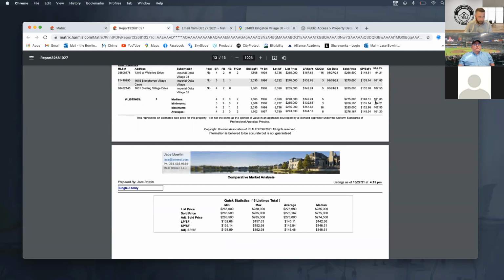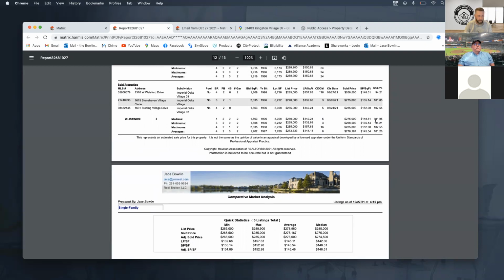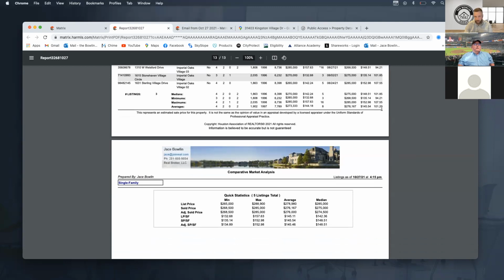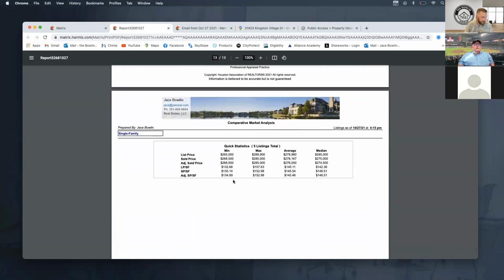Unless you're this guy, which is what we saw because they priced it too high. So for sales price to list price, we're actually selling it for 101%. So we're going to sell it for more money, and it's going to make you look like a rock star. So you might be able to juice the price a little bit. Just giving you that. And then here's your adjusted